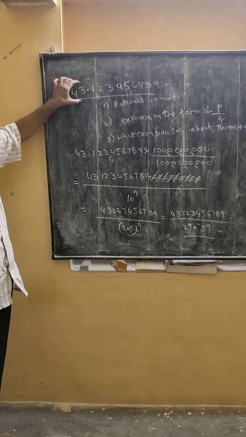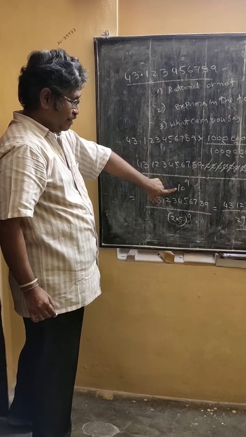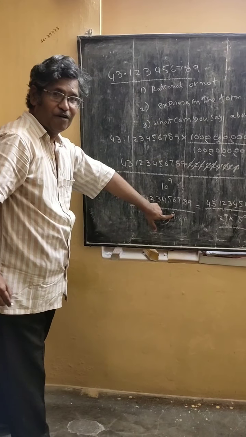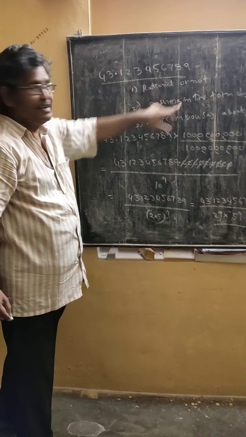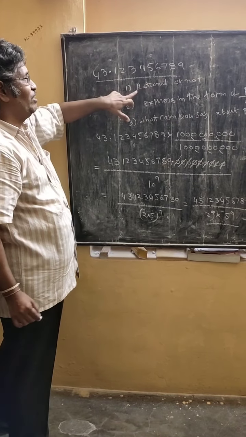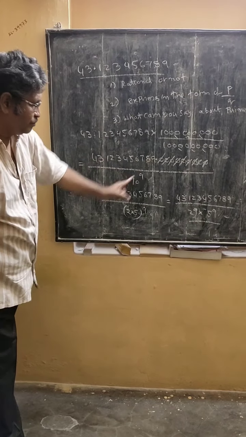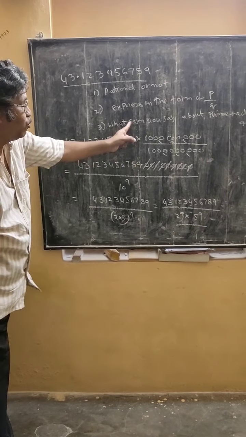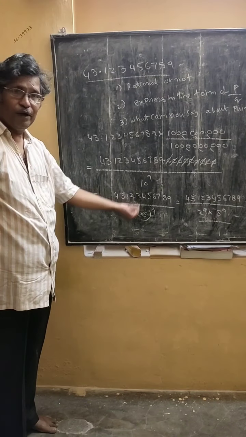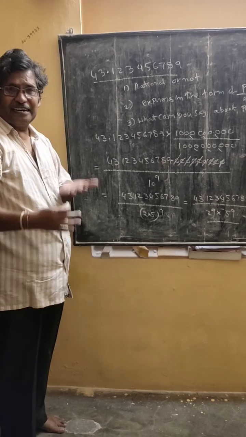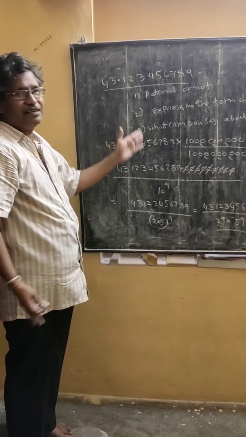First of all, a terminating decimal is taken. It is written in the form of p by q. There q is written in the form of 2 into 5 whole power 9. So what are the answers for this first question? Rational or not? It is a terminating decimal. So the answer for the first one is a rational number expressed in the form of p by q. And what can you say about the prime factors of q? The prime factors of q are 2 and 5, and q is written in the form of 2 power n into 5 power m. Like that we have to answer the 3 questions.